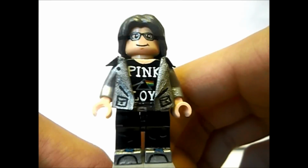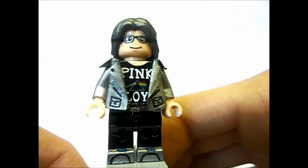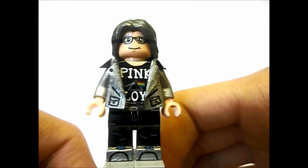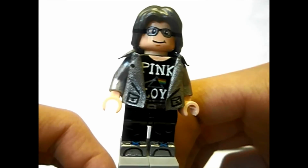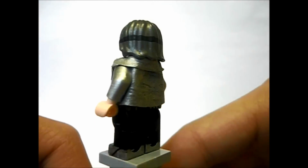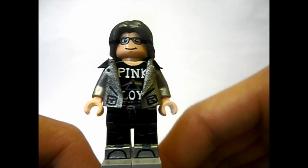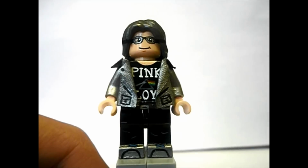So you can take a look at the head. The smile is actually based off of that scene when he was running on the walls. So yeah, I tried to capture that smile. The hairpiece, this is not the accurate hairpiece for him. It was either using the old Anakin Skywalker hairpiece, the one that I used for Loki, and use that